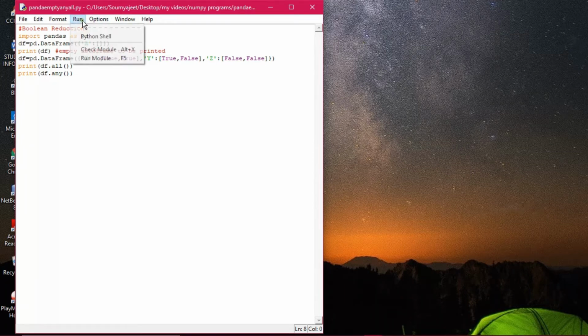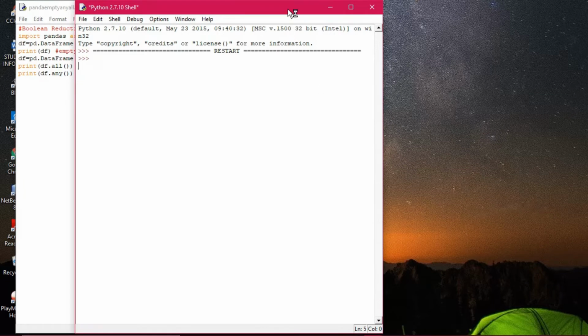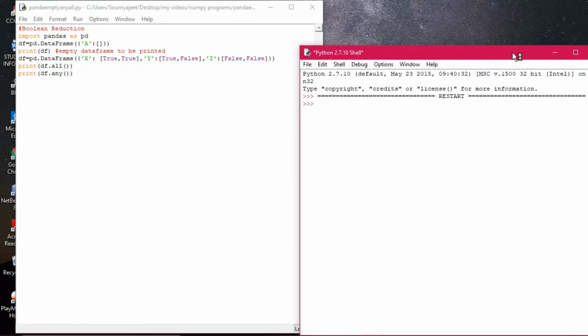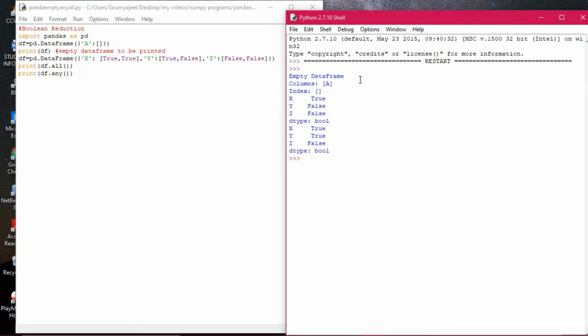So if we check its output, then you will be able to see. Let the output be generated. Okay, now the output has been generated. Now you see it out here. What does it do? See, this is an empty data frame, so the column index, nothing is there. Now x is given true, meaning both of them are true, then true. If one of them is false, then it will return false. Okay, clear? So what does all return? It returns true if all the elements in the series or in a data frame axis are non-zero, not empty, or not false. So they are false, that's why it has returned false.